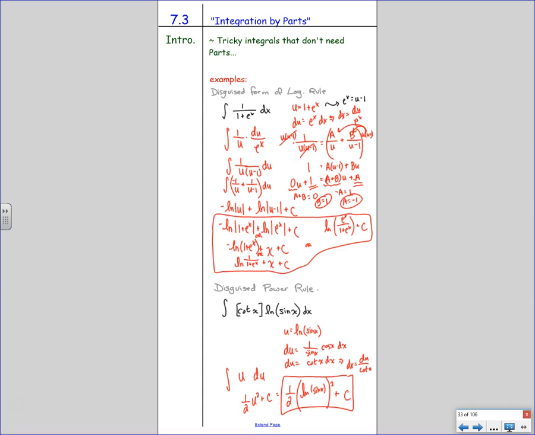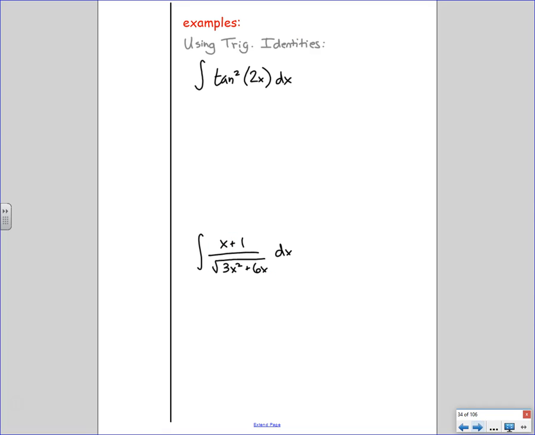But you wouldn't get ln of sine of x to match again, would you? Yeah, because who'd you choose as u? ln of sine of x, and then that turns into cotangent of x, and then if I use v as cotangent of x, that turns into ln of sine of x. It becomes the same thing. Oh, I see. Yeah, that's true. I wasn't integrating cotangent in my head, I was just deriving. Nicely done.